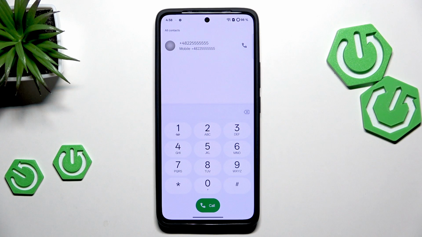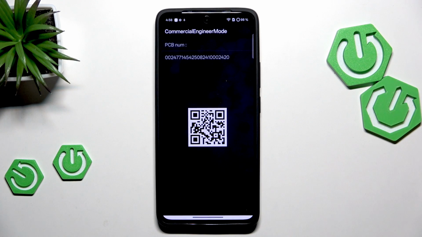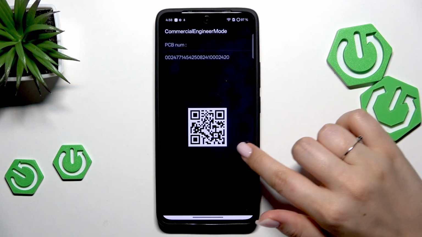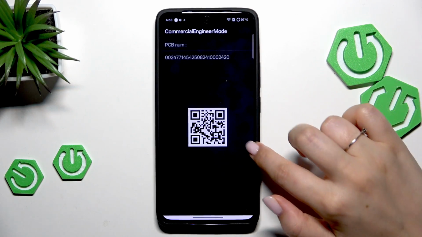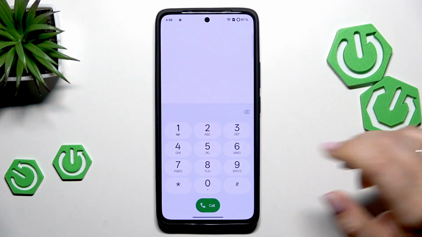Another code which I can show you is the hardware revision. It is *#888#, and basically here we've got the PCB number, and we can scan this QR code and check some further details about this device. Let's go back, and the last code for today's video is